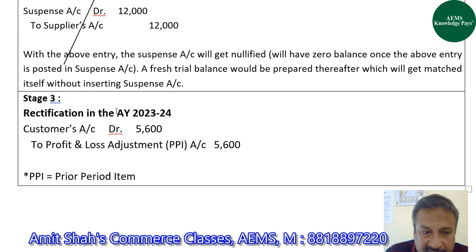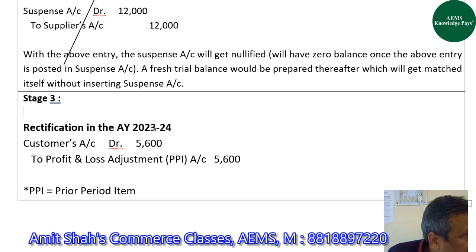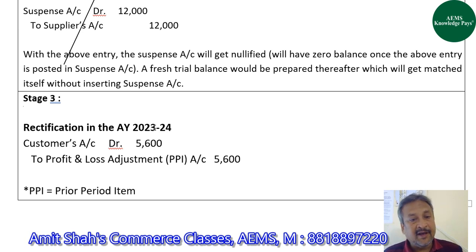In stage 3 guys, what happens is that since there was error, trial balance does not match, the accountant inserted suspense account in trial balance, and with that he prepared his final accounts. Because stage 3 is what? Stage 3 is the one where error is rectified after preparation of final accounts in the next accounting year. Correct? So it means what? Error existed, trial balance was made. To match the trial balance, suspense account was opened with trial balance of rupees 12,000, and after this, final accounts